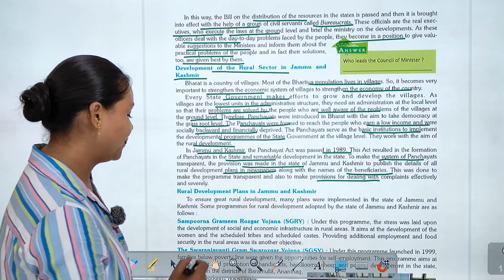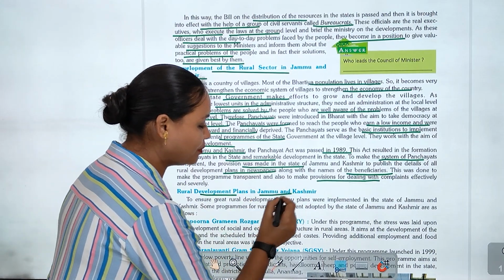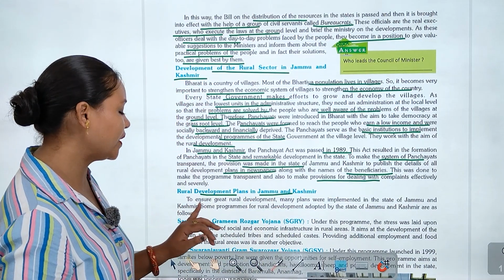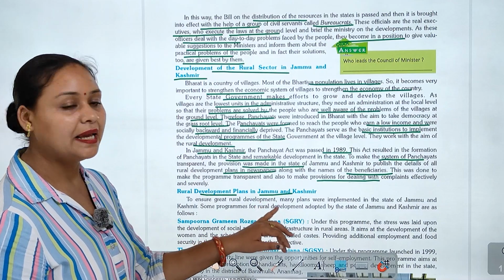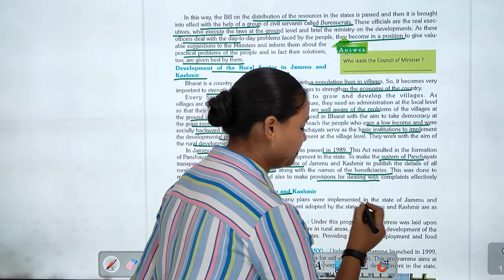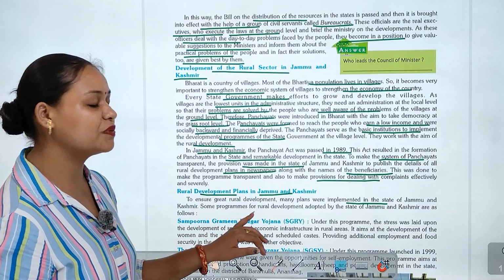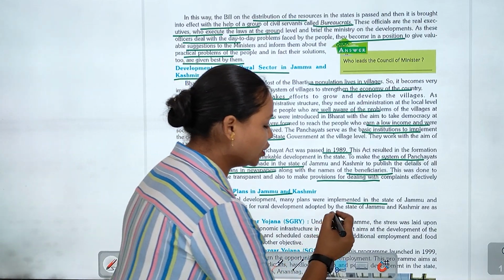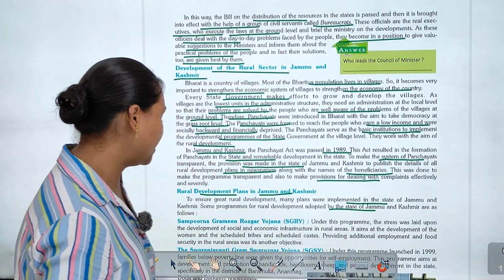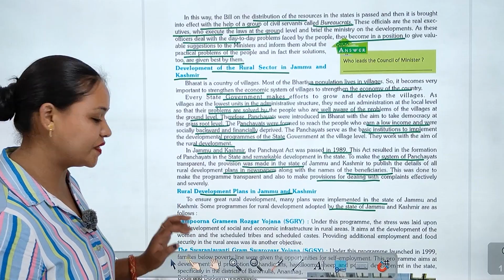Okay, चलिए. Rural development plans in Jammu and Kashmir में, to ensure great rural development, many plans were implemented in the state of Jammu and Kashmir. Some programs for rural development adopted by the state of Jammu and Kashmir are as follows. नंबर फर्स्ट है